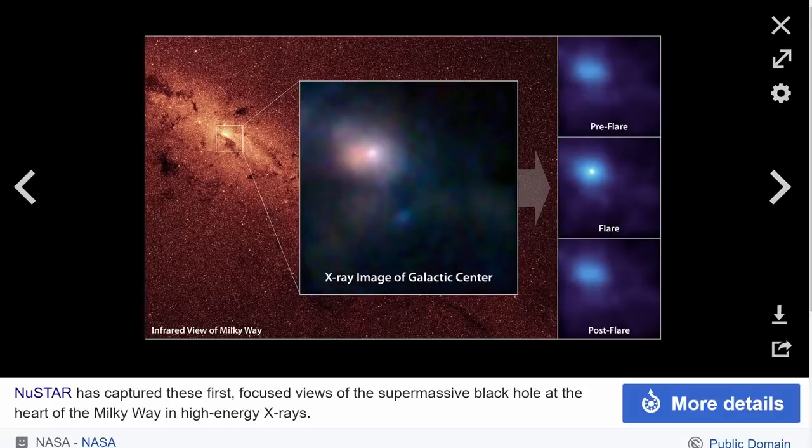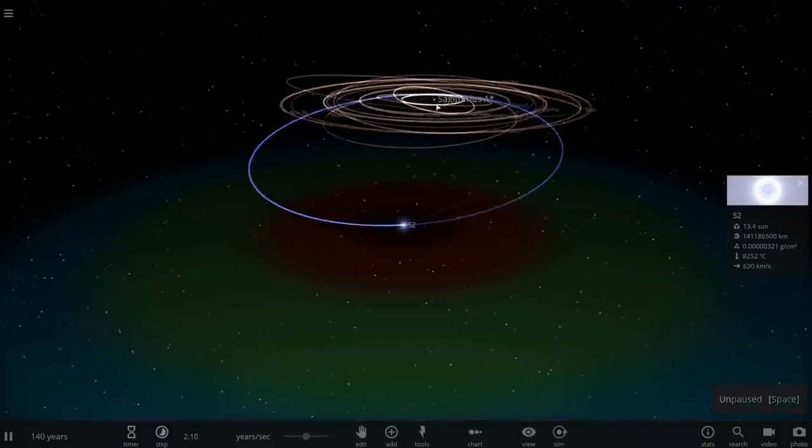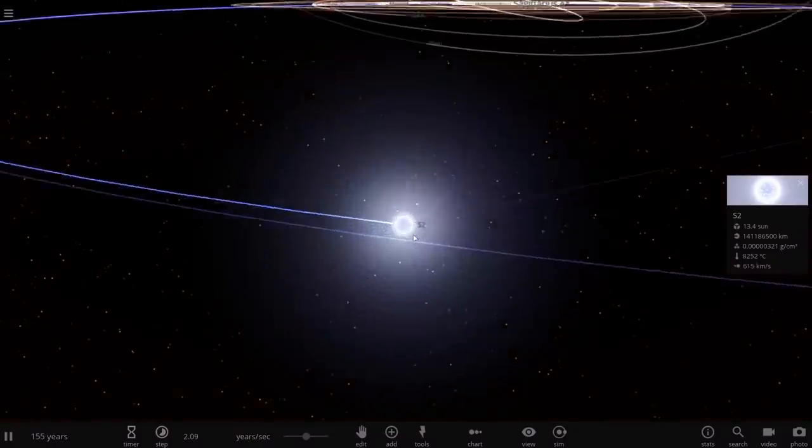Now, there were some really big ones. As a matter of fact, we think that about 400 years ago, there was a tremendous flare that increased the radiation by about 1 million times. But these don't happen very often, and usually they happen when some kind of object falls inside the central black hole. But going back to S2,